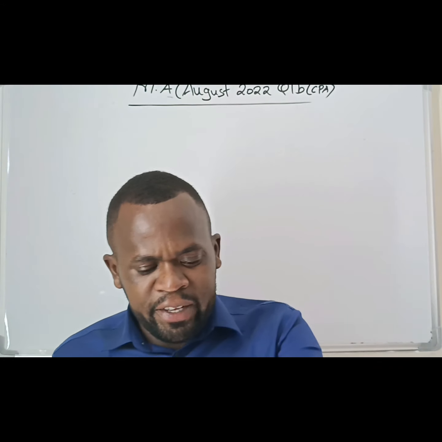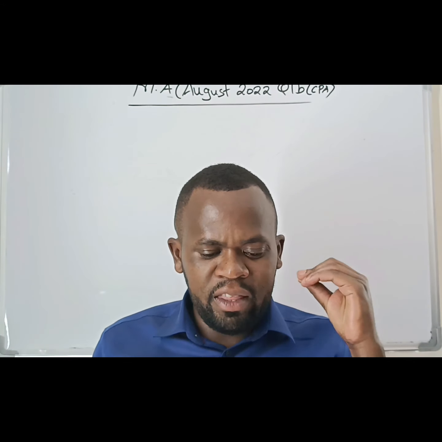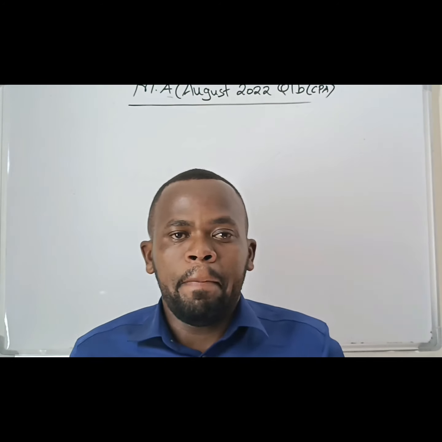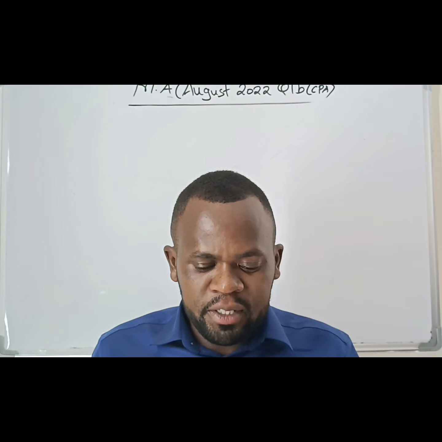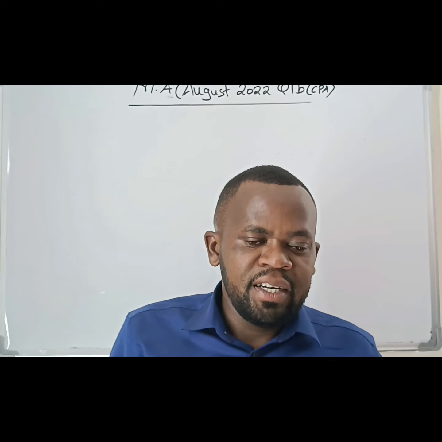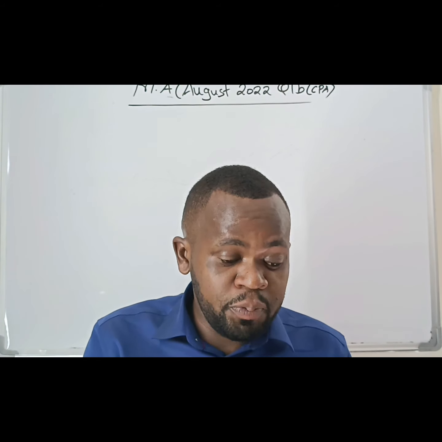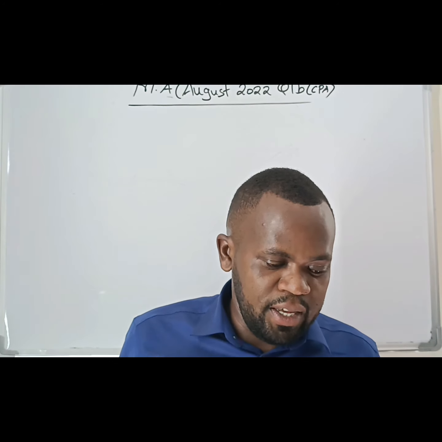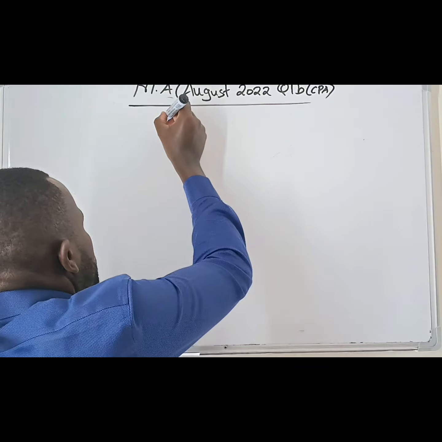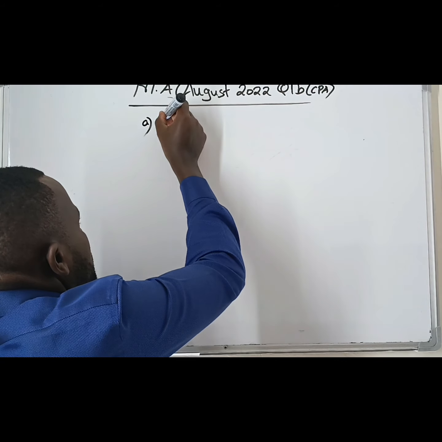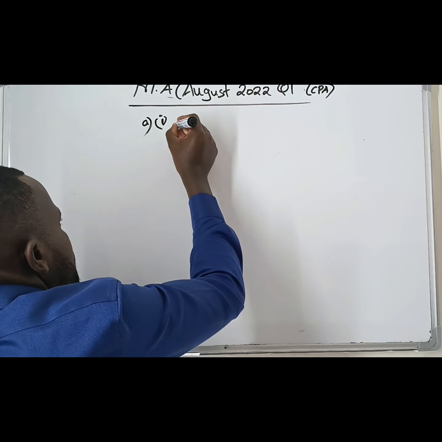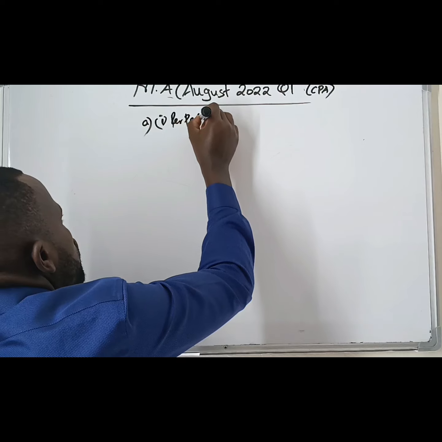Part A is talking of what? Explain the following terms as used in inventory management system. The first one, question 1A Roman 1, talks of perpetual inventory system. So let me talk of part A first. I'll do the whole of A and B. So part A, Roman 1 is perpetual